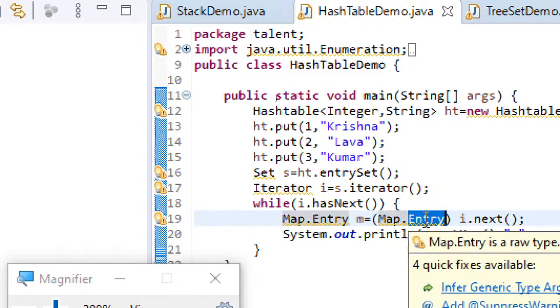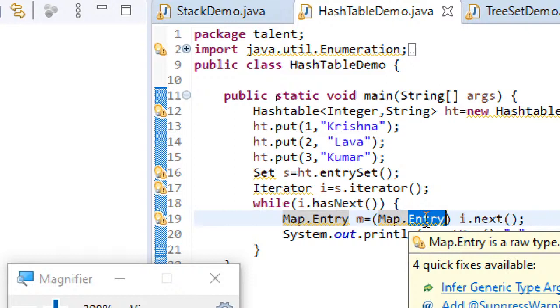That's what that entry is meant for. Entry is nothing but a key value pair. What you need to remember regarding entry is that the key value pair in a map is referred to as an entry.